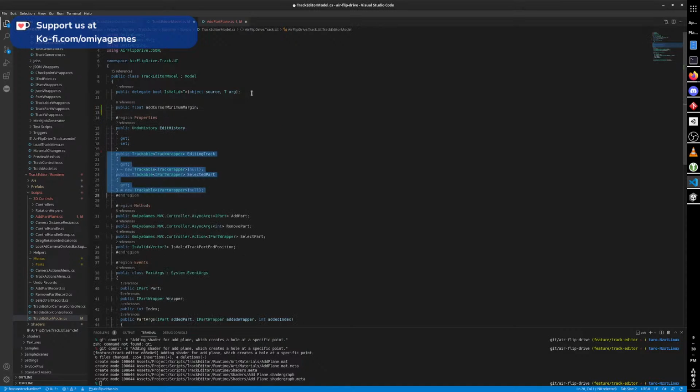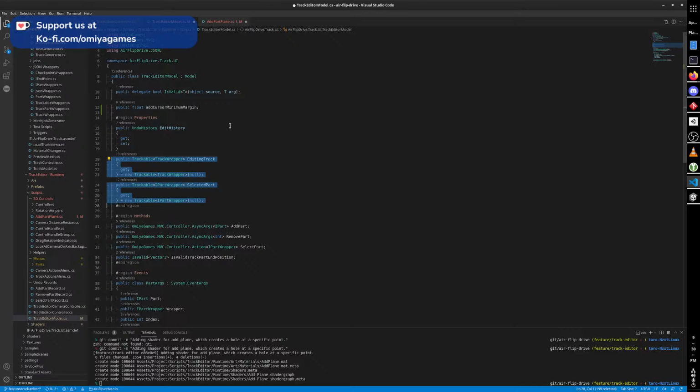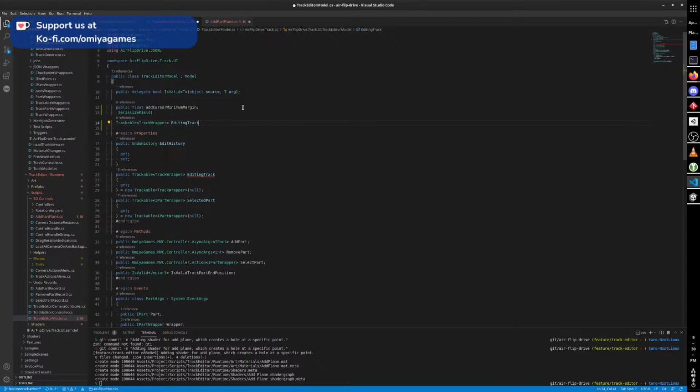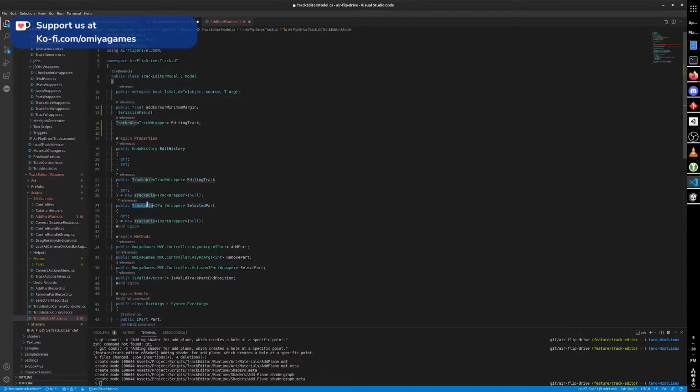Oh, no, there's a better way of doing this. Yeah, there's a far better way of doing this, because trackables are supposed to be serialized, so